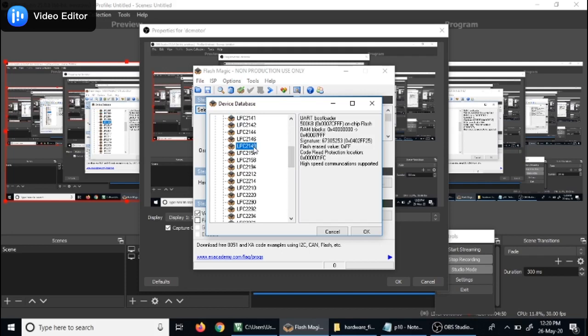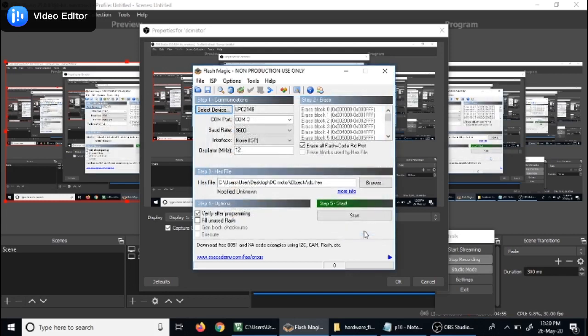The COM port is 3 and the oscillator is always 12 MHz. Now next, you have to check Erase all Flash plus Code. Then Verify after programming. Check this also.